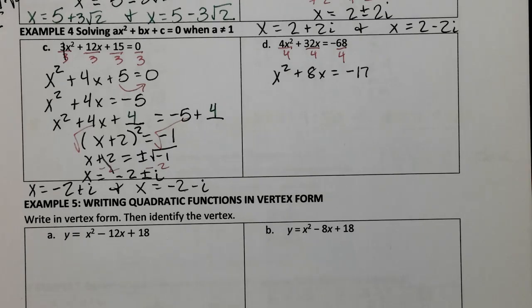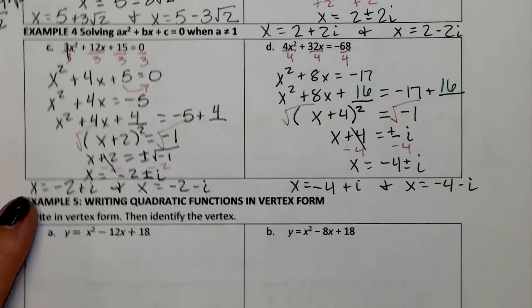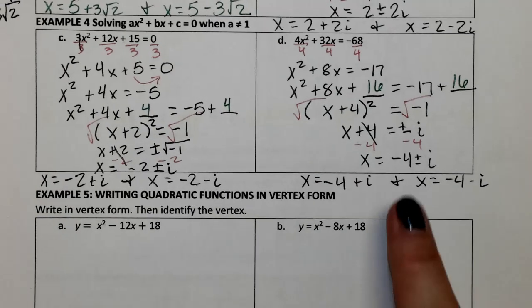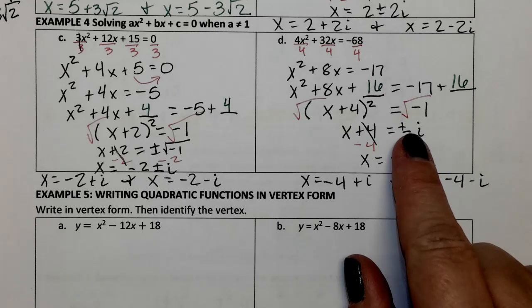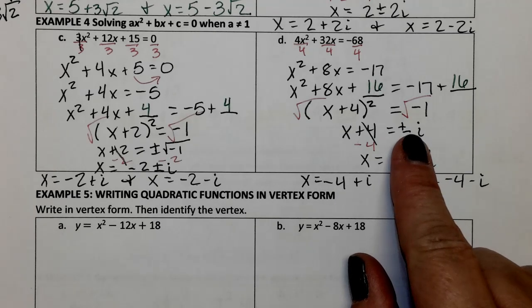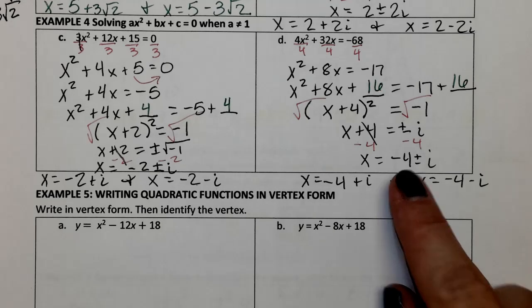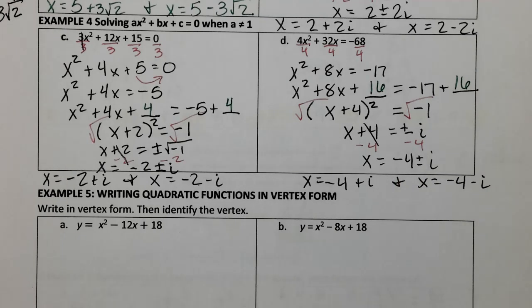All right, so once you divided everything by 4, you should be at this part. So if you have not finished this, please pause and finish this part now. All right, so you should have gotten down to this, and then I just went ahead from there and turned it into i, subtract 4 from both sides, and we end up with this. So again, guys, if you have questions on any of these,